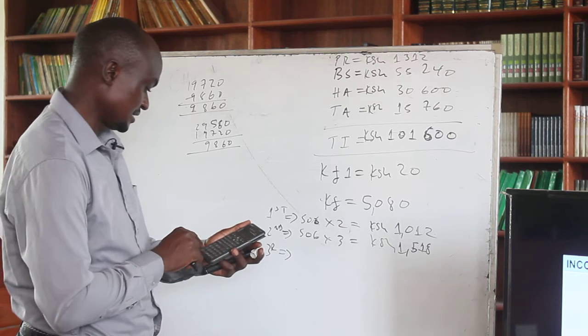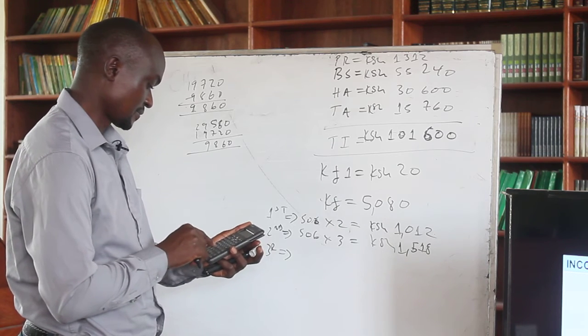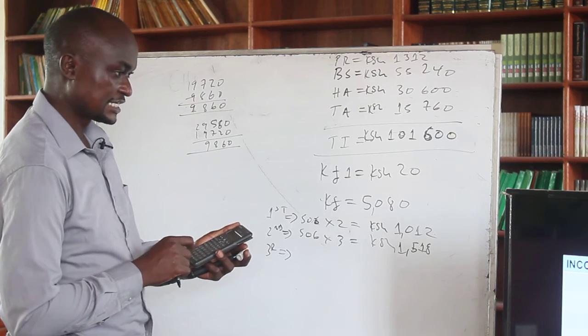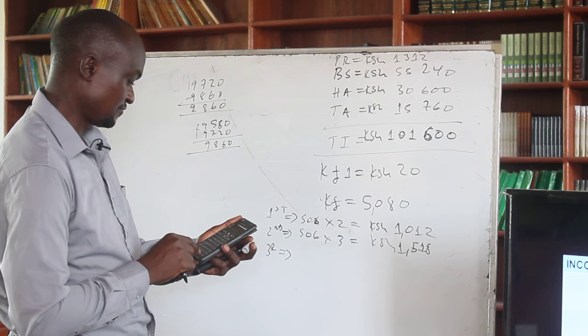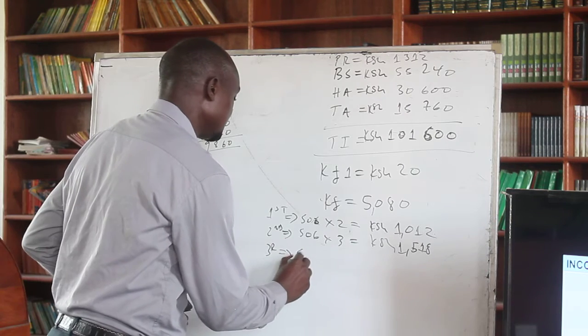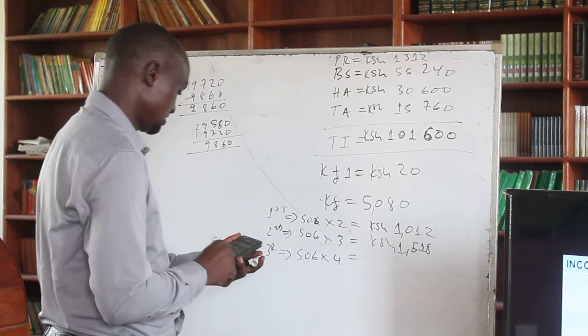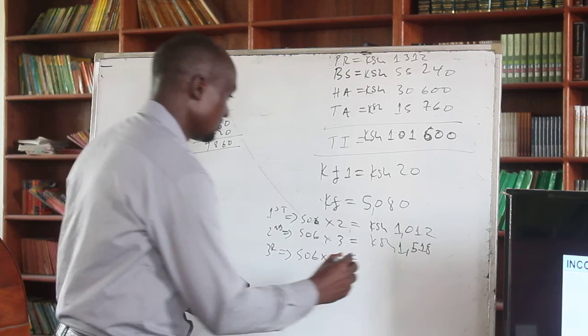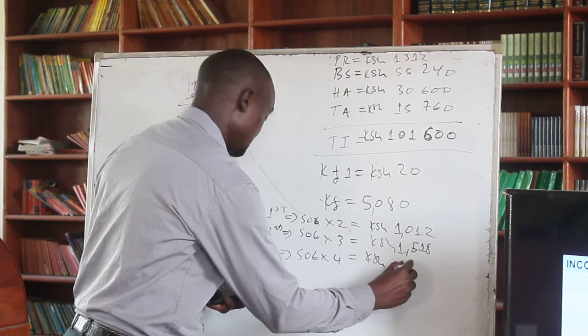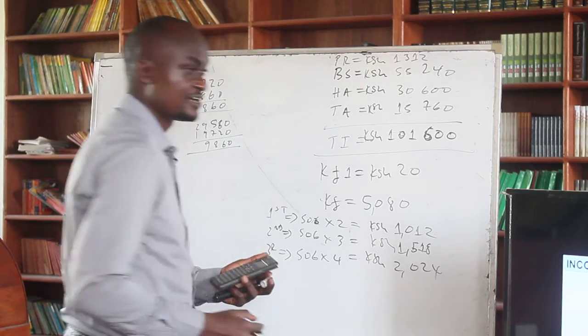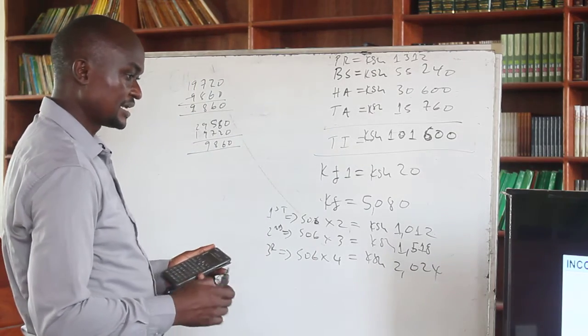1518 less 1012, 506, multiplied by, in this case it's 4 shillings per pound, so multiplied by 4, that should be 2,024. Next bracket,